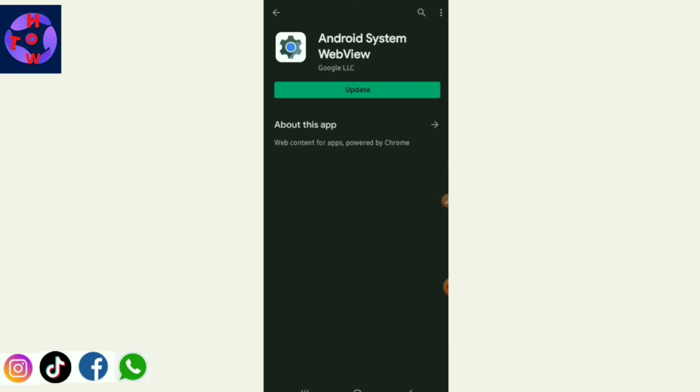Now, it will display something like this. If you open it and you get an update, you have to update the app. Just tap to update. After updating this app, the Android System WebView,